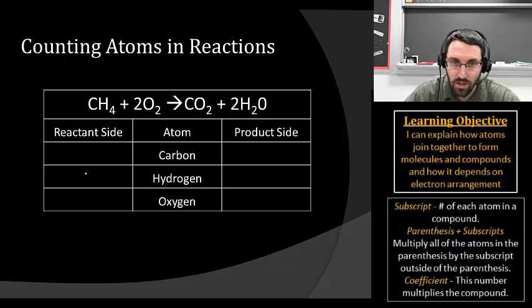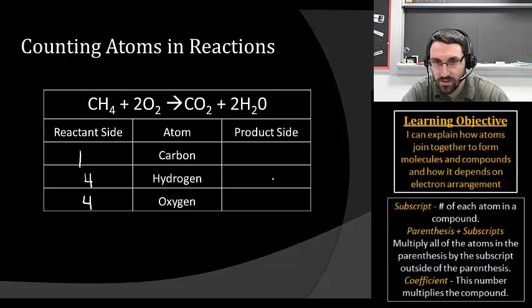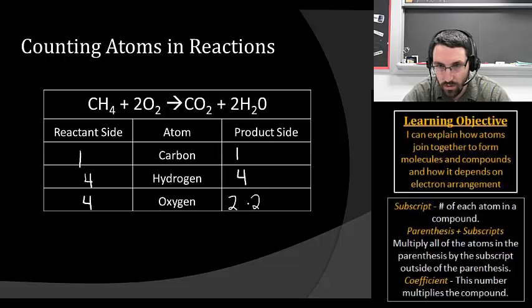On the left hand side we're going to count up how many atoms are on the reactants. Right now we have 1 C, so it's going to be 1 carbon. We have 4 H's next to it with the methane, and then I have 2 times 2, so I have 4 oxygens. On the product side I have 1 carbon. Hydrogens, I have 2 sets of water molecules, so 2 times 2 is 4. Oxygens on the entire right side, I have 2 in the CO2 and 2 in the H2O. You add those together and you get 4